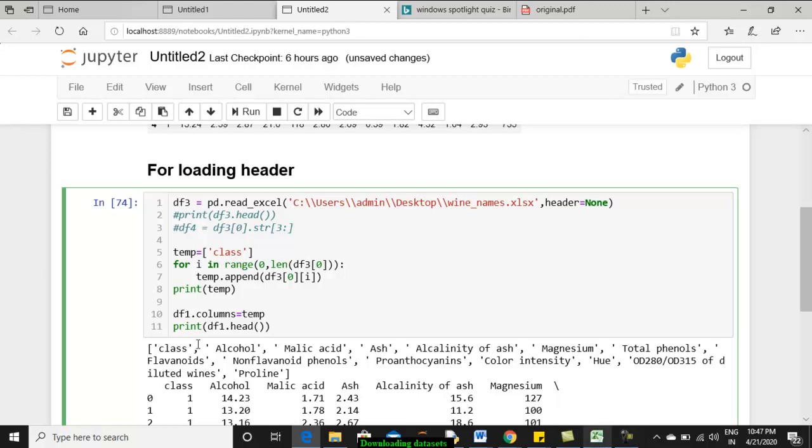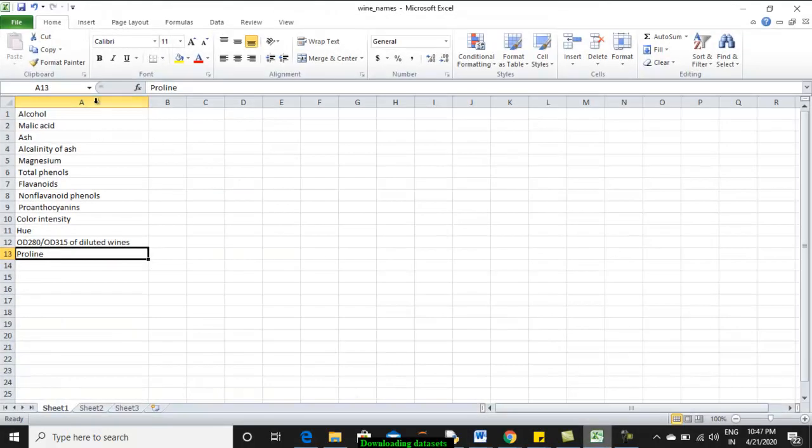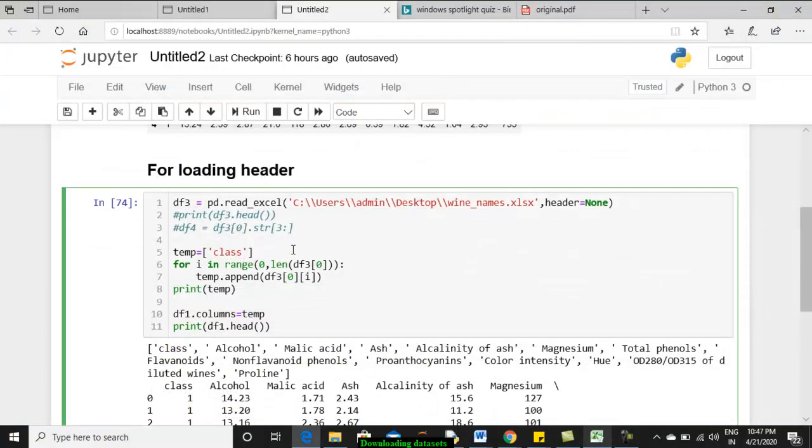So this file is already stored in the data frame df3. If df3 is opened, this is the column indexed with 0. How to identify this alcohol? It is column number 0 and row number 0, and this is accessed by row number 1, column number 0, likewise. Hence we are going to append the data we are reading to this list, and then we print this temporary list.